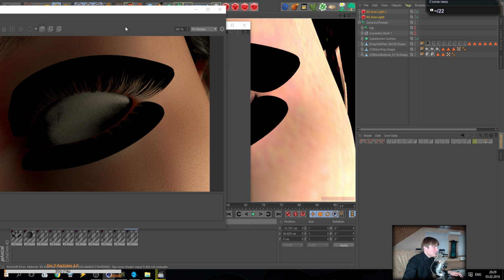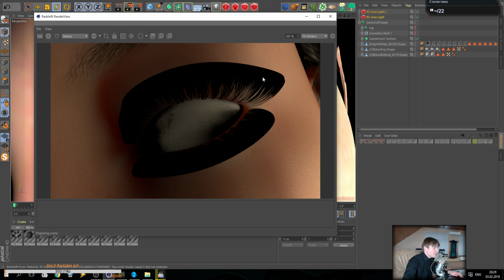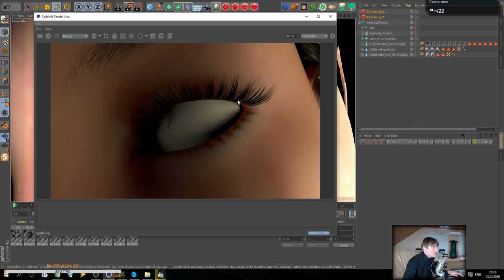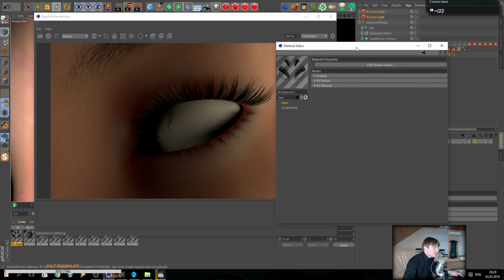Again, render and check what I have. What was before, and what we have now. I don't know, looks very nice. If you are not satisfied with the length or with the thickness, you just go inside